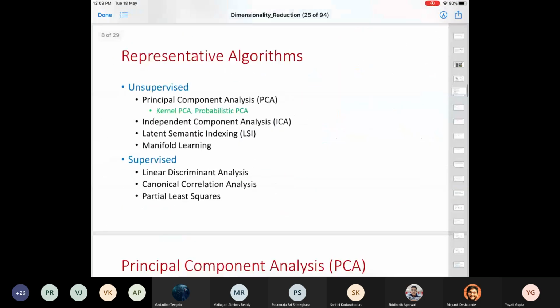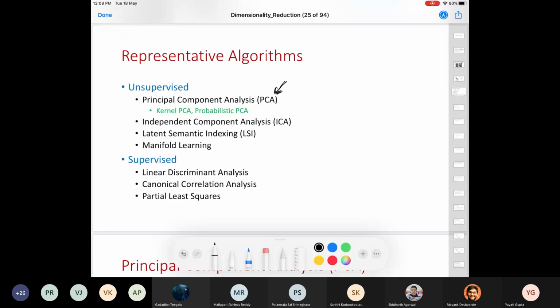Okay. Now, in essence, when I talked about dimensionality reduction techniques, there were two kinds: unsupervised and supervised. This is not an exhaustive list, but I would say a very detailed list. I'll be discussing PCA today. Dr. Arya has told me to cover PCA only, but just for your knowledge's sake, I'm telling you that there are several such methods. So principal component analysis we'll be discussing today. There is another method called independent component analysis. If you want, you can explore these methods on your own.